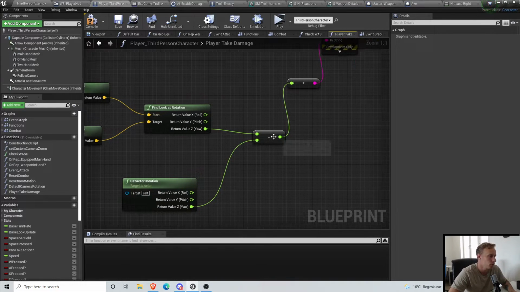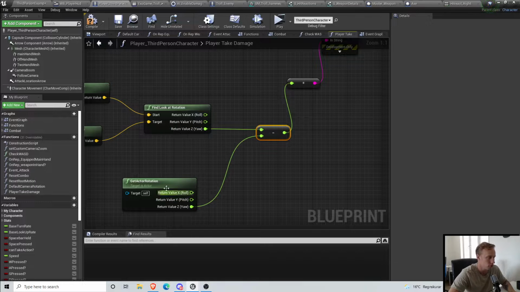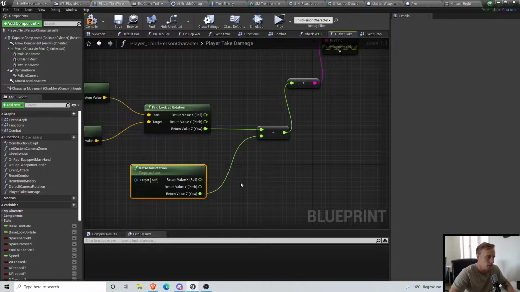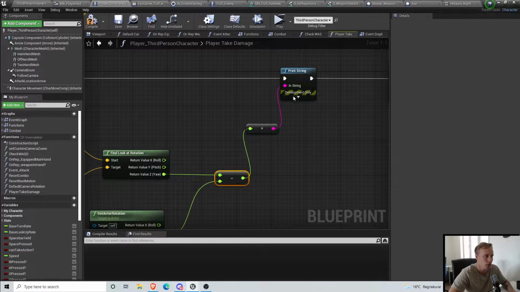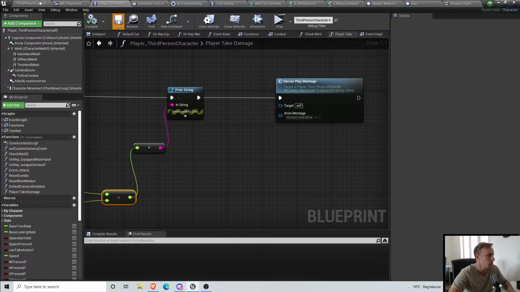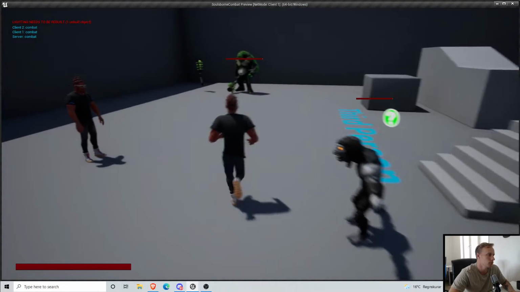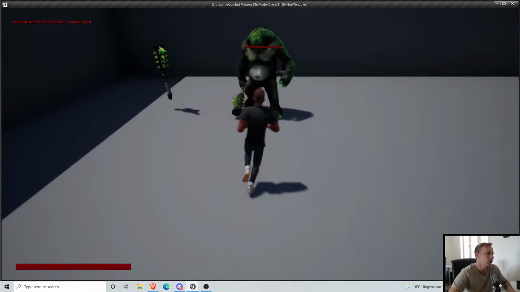So, also, from this Z that you just get the rotation of yourself, split that struct thing as well to get the C value, and subtract it from the look at rotation. That gives us a better value to work with. So, if we go in here now, we can see that